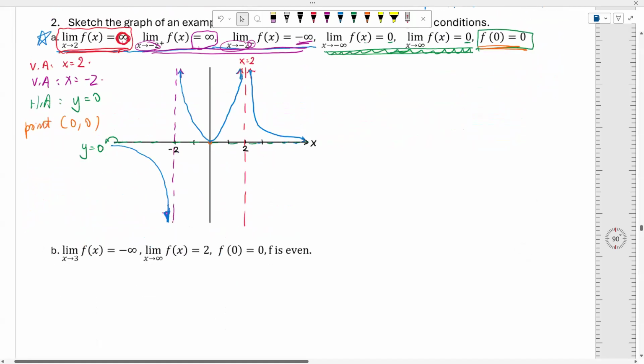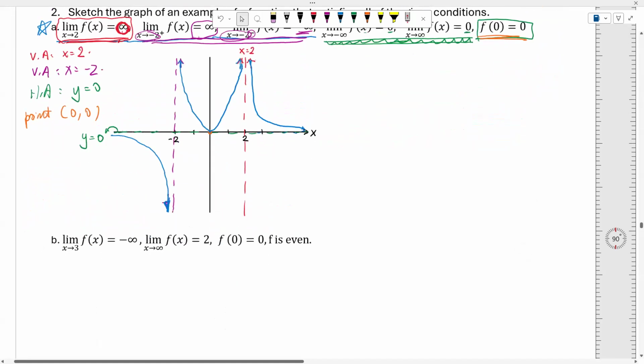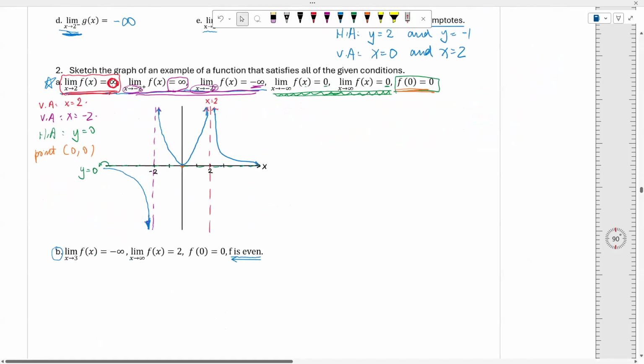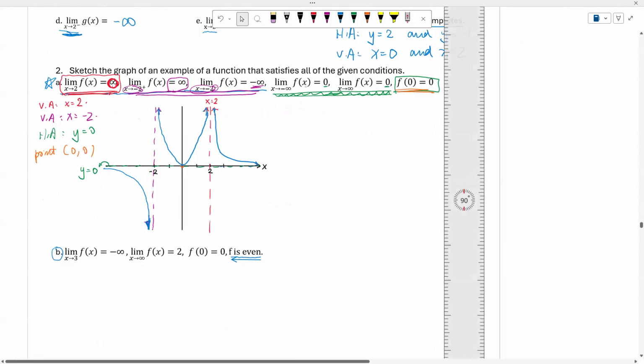And now maybe it's your turn. Go ahead and try to see if you could work on part B. Now for B, this is actually information that you need to know. If you have an even function, what does this mean by even function or odd function? If f is even, in this case, if you have one side of the function, for example, if the function looks something like this,